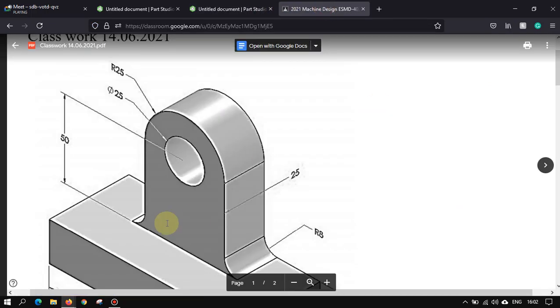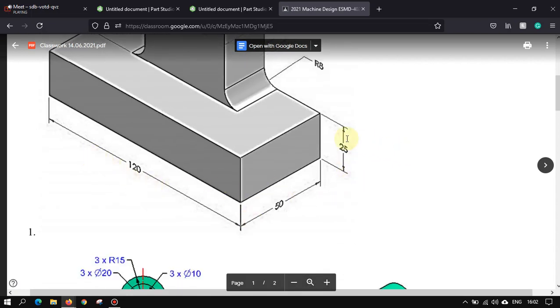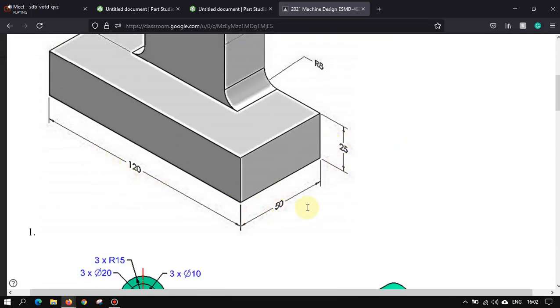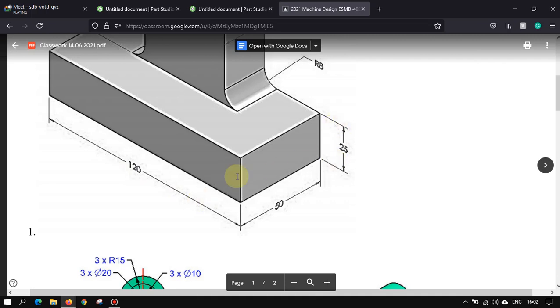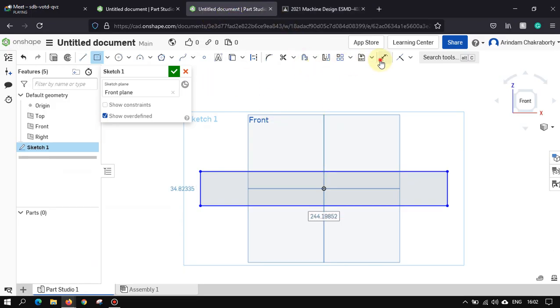Now as you can see, it is 120 and 25. 120 is the length and 25 is the height. Let me go for this dimension, 120.